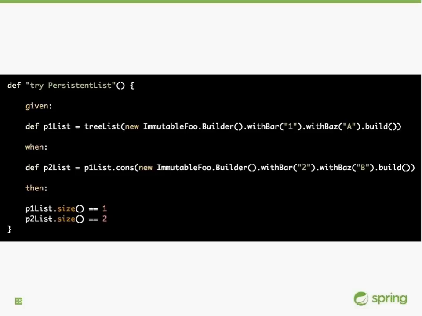So our initial example here is a persistent list. We have a given, a when, and a then section. The given is our start state. So in our start state, we're creating a variable p1List, and we're setting that equal to the result of calling treeList. treeList is a method from Totally Lazy that we've statically imported to our class, and it's going to create a data structure that abides by the same algorithm that we looked at with the persistent hash tree and the path copying. And so we're going to insert into that tree list 1 element, which happens to be an